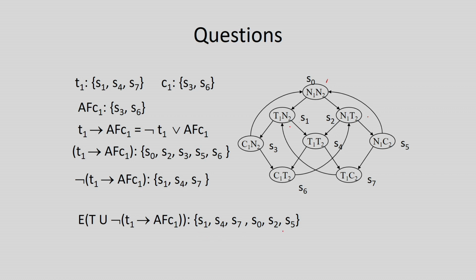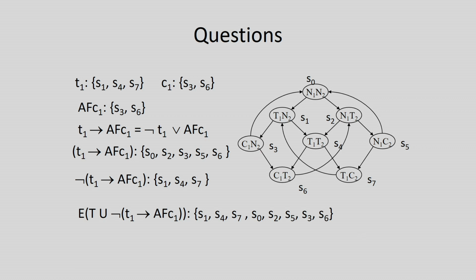Now, with this particular set of states, again we are going to traverse this transition system, and we are going to find that S3 will come into the picture, then finally S6 will also be added, if I just look into the predecessors, because S0 is a predecessor, and S6 is a predecessor of S4. So, finally, these are the sets of states that we are getting over here.